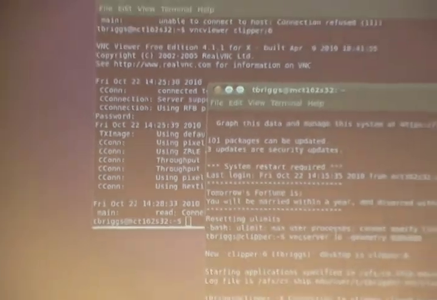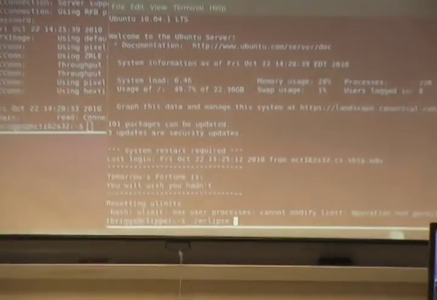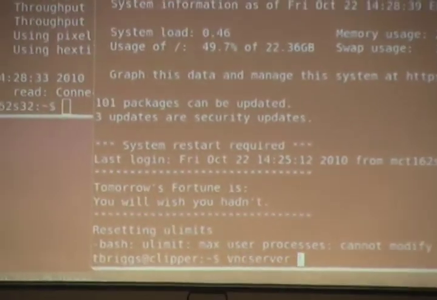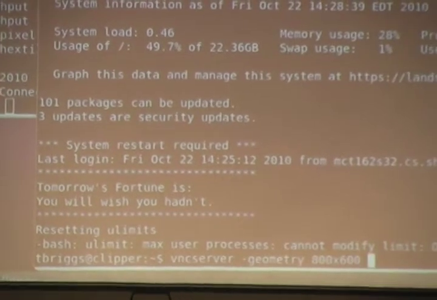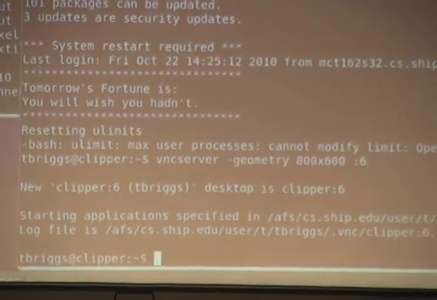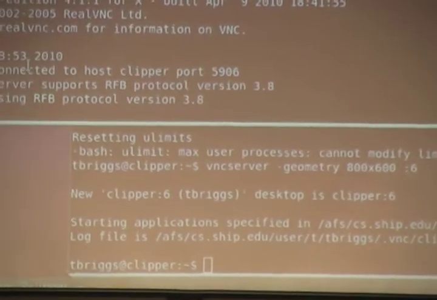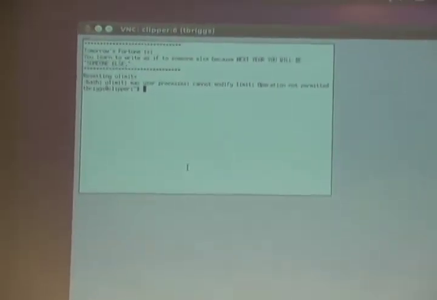Reset my connection. Set up a new server here, and I'll show you another trick we can do. So this time, if I don't want to run the full GNOME session,